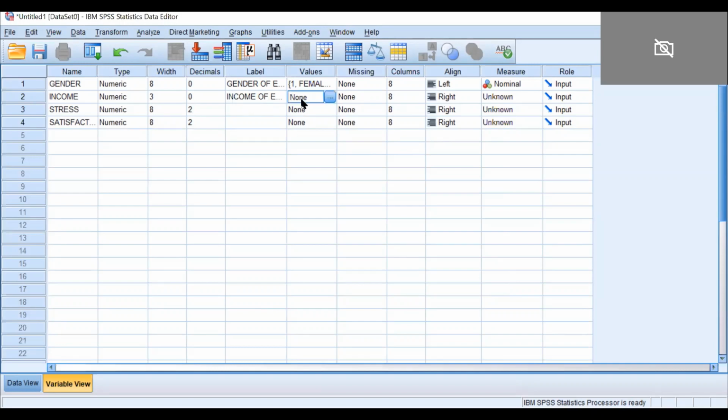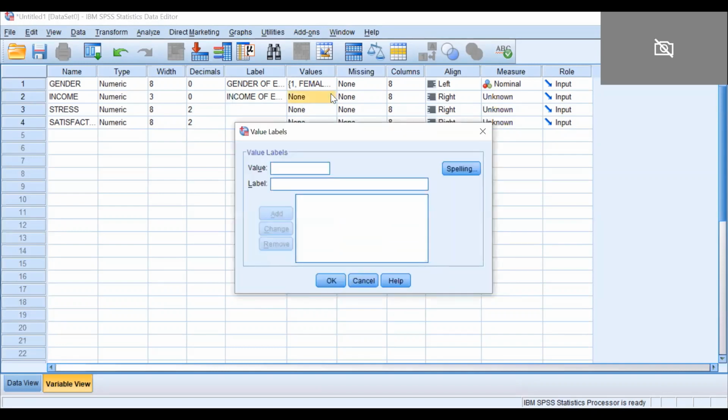Now the values: what values will you convert it to? Let's say value 1 is representing below 10,000. Then you put 2 here, and what does 2 represent? Between 10k to 20k.